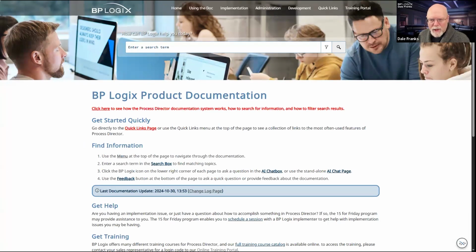A couple of notes about the documentation itself. It is reference documentation. It's not how-to doc. I have a couple of things here and there about how to do some simple things, but at the end of the day, Process Director is a platform, which means that you can do pretty much anything that you want to do. It's not really possible for us to cover in the documentation itself all of the many things that you can do with the product.